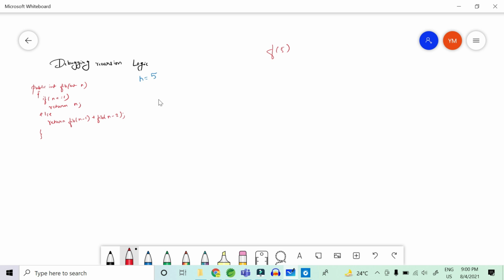So I'm going to write it f of 4. I will show you why I'm going to write it f of 3 later. And let's take f of 4. So it will break into f of 3 and f of 2. Obviously it will not go into this condition and it will go into this condition, so it will break into f of 3. Similarly, if f of 3 will go into this function again, it will break into f of